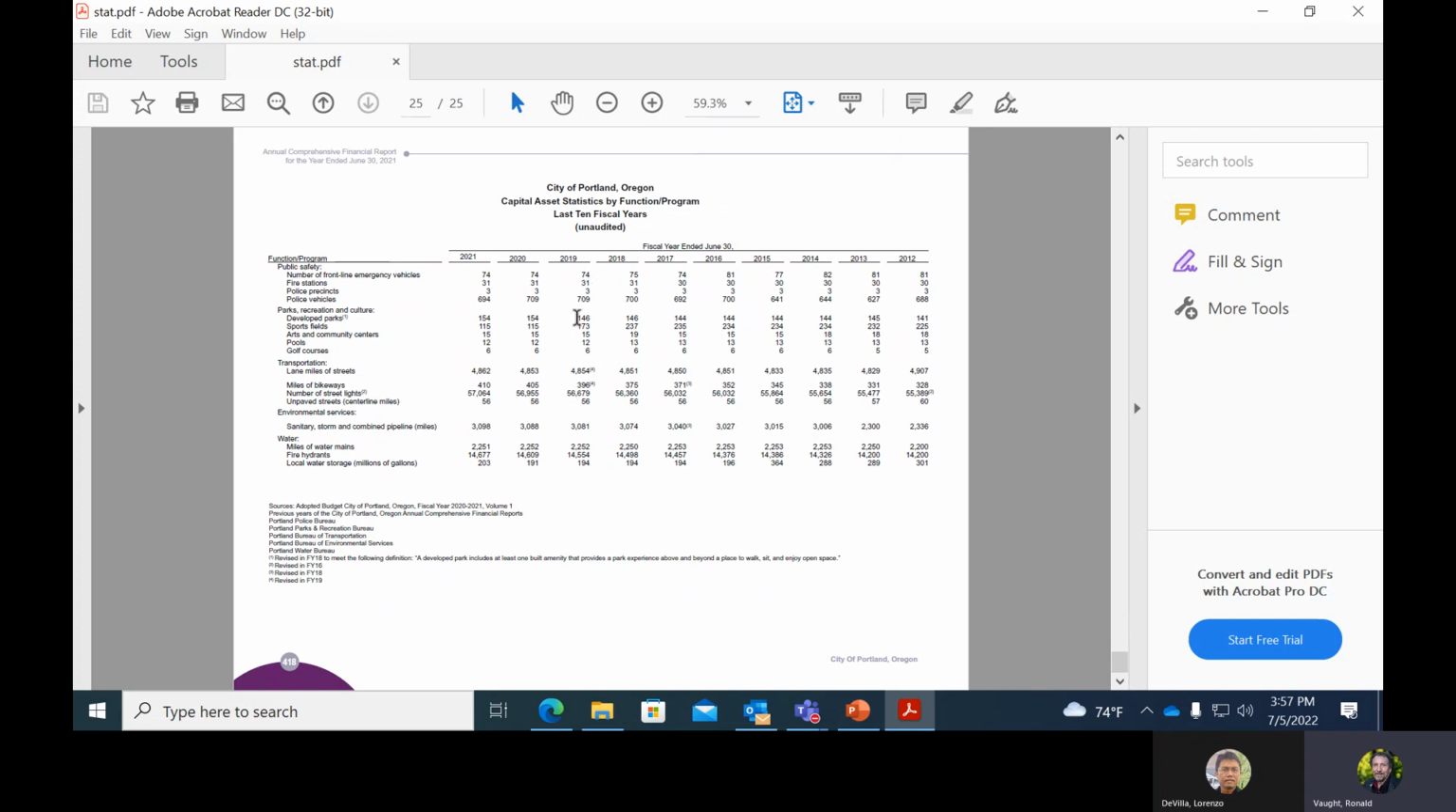Then the capital assets, like number of fire trucks and fire stations, police precincts,